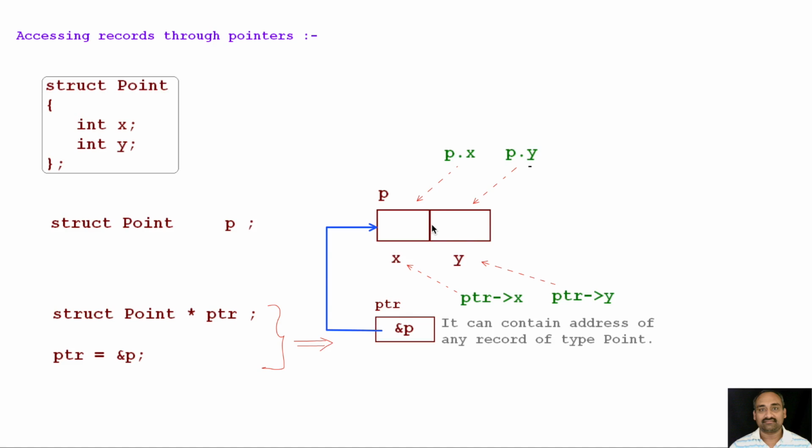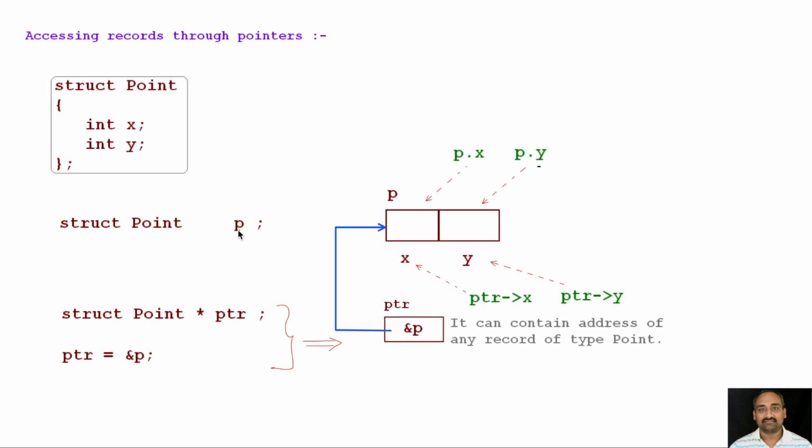Now let us quickly understand what are pointers to records or pointers to structures. Now we have a structure here, which is a point with fields x and y. When we create a structure variable, record variable of type point, p will get its own copy of the entire set of fields. So that means x and y will have their own memory blocks. Now p.x will refer to the x field within p and p.y refers to the y